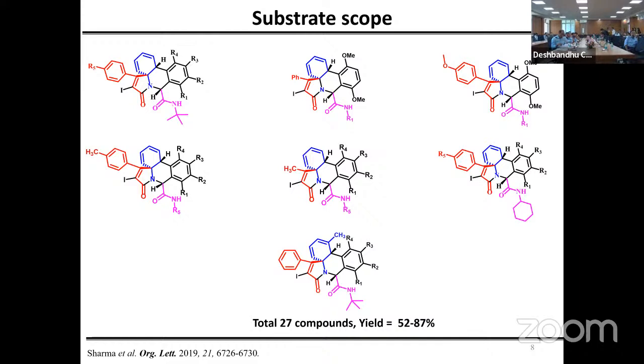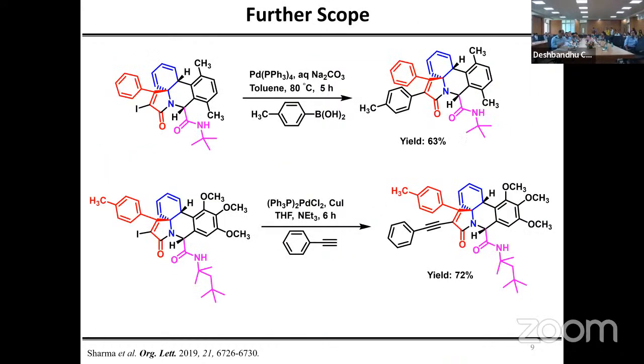So a total of 27 compounds were synthesized, and yields ranged from 52 to 87% under the cascade synthesis. We did not stop ourselves from generating the 4-point diversity. Since the alkenyl iodide was present in the reaction, we further complexified and diversified our molecule by doing the Suzuki